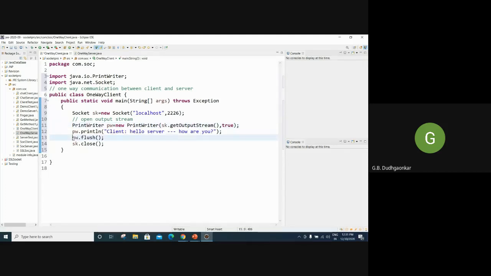So this is one and the same thing. In that case, we don't have to use flush. This will take care that whatever the client is sending, after up to the question mark, the conversion from character to byte can be done with the help of flush. It guarantees that each and every character reaches the server, and also from the server to the client. So either you can use flush or you can use true in the constructor of PrintWriter. Both are the same.